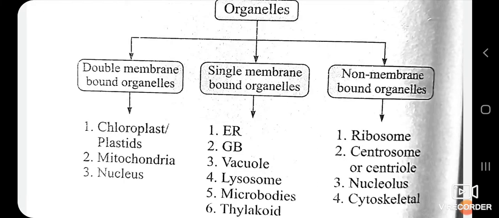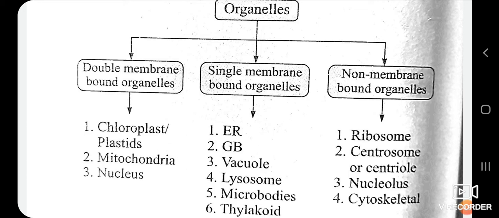Student, with this MCQ we will discuss an important part of this topic, that is the organelles which have double membrane, single membrane, or are non-membrane bound organelles. Because this point is very, very important, we have discussed the whole chapter. At each point we have seen which cell organelle is double membrane, which is single, which is non-membrane bound. But here you have to make a separate chart of it, which is given on your screen.